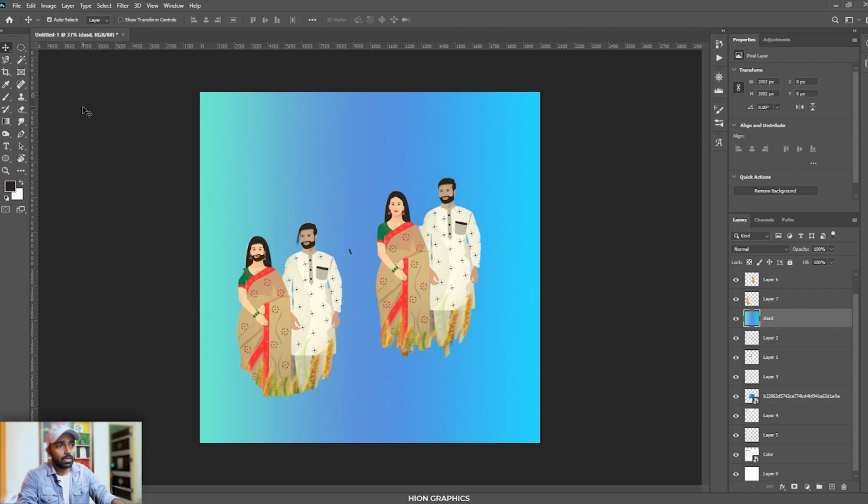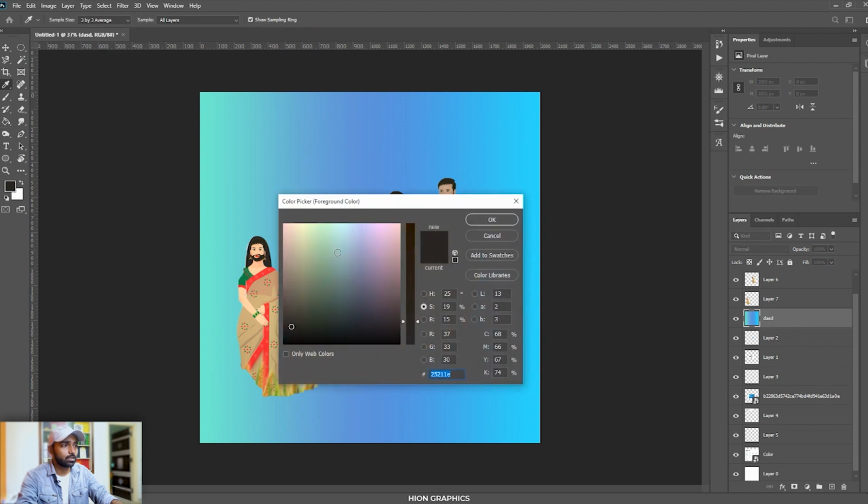Now I will go into the paint bucket tool. Whatever color you have selected here, just see this. This tells the amount of saturation. If I increase this, the saturation level is increasing. And whenever I move everything, like this also, the RGB values change. Even the CMYK percentages change based on this. So whenever you are converting, the equal amount of data gets reflected here, all the colors that you see.